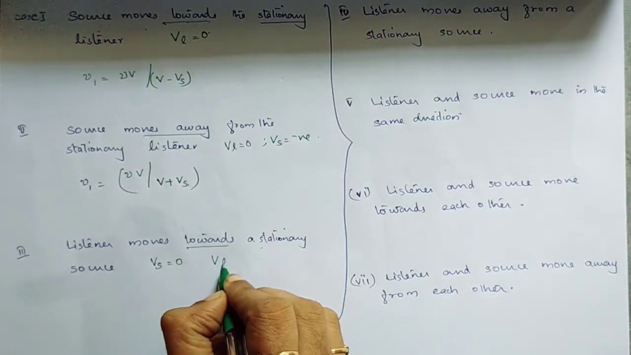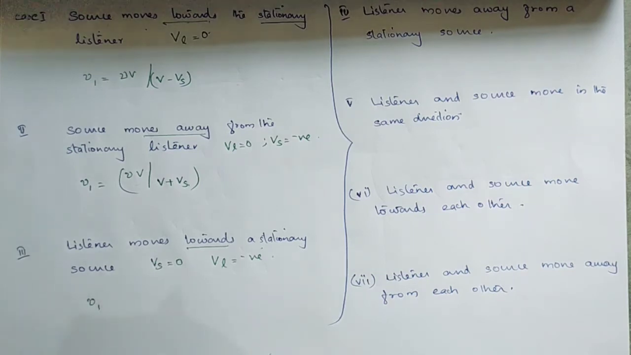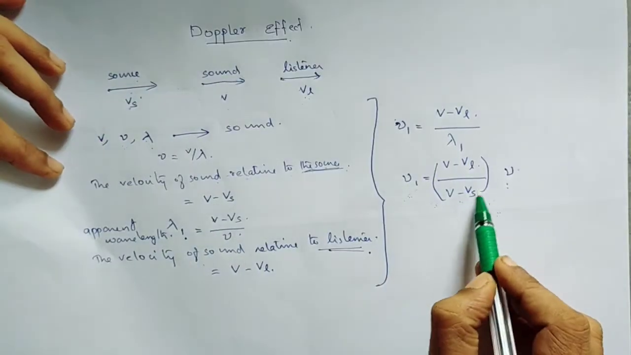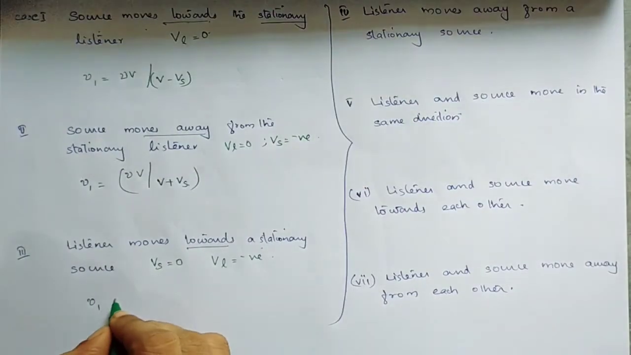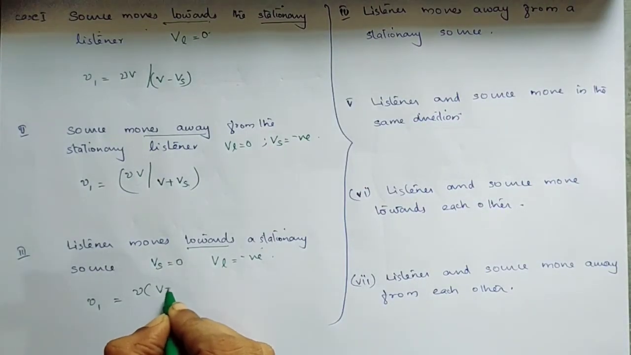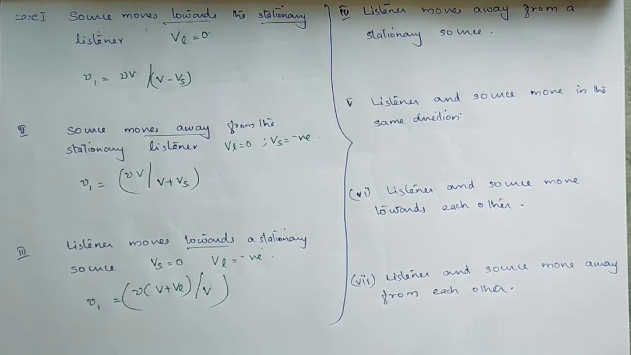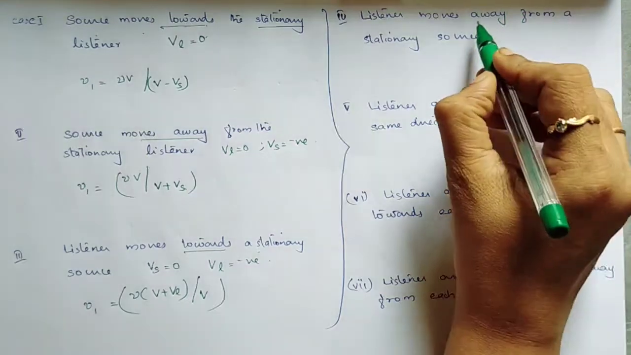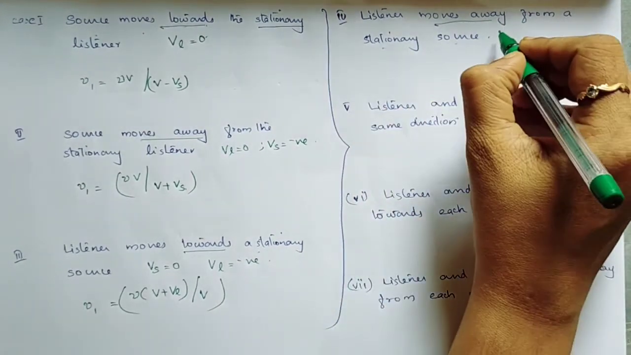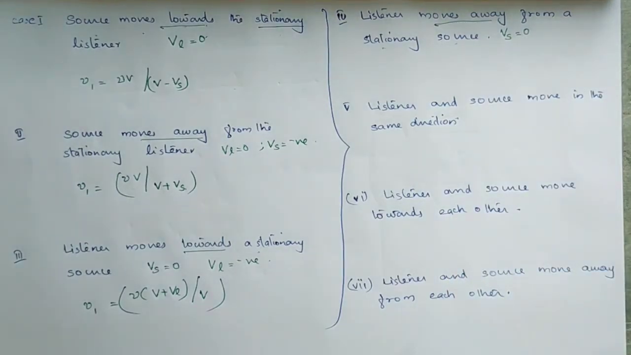So VL is negative. Now what about the frequency? Nu1 is equal to, substitute. Vs is equal to 0. VL is negative. Nu into V plus VL divided by V. Okay. Now the listener moves away from the stationary source. Here also the source is stationary. So Vs is 0. Then the next case is